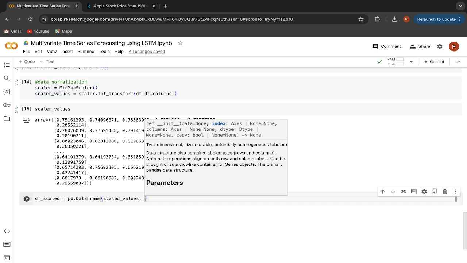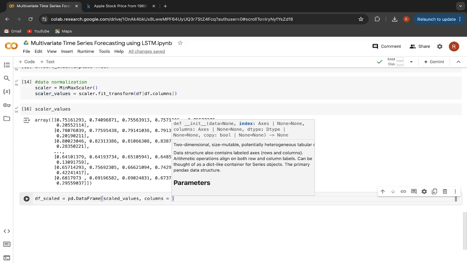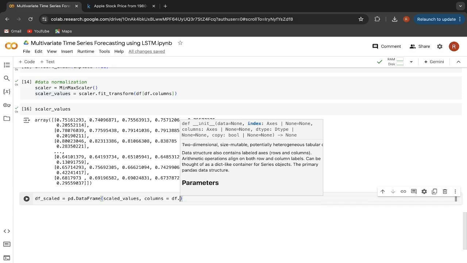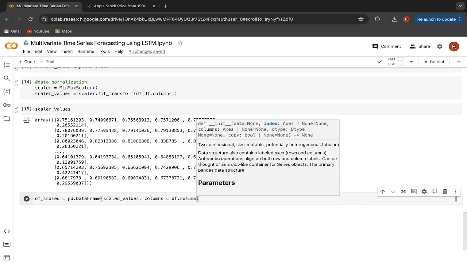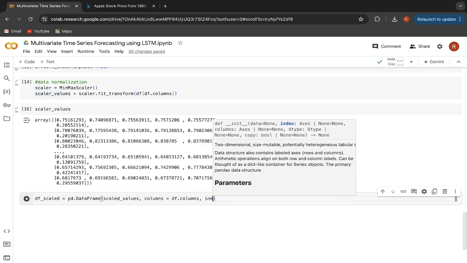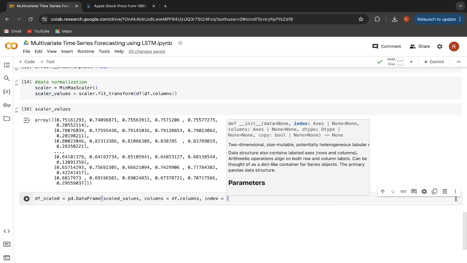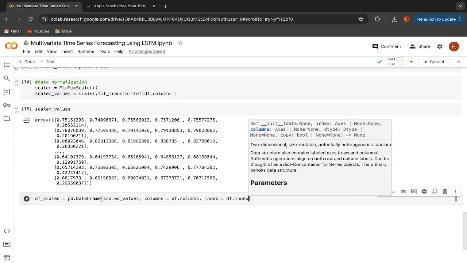So let me say here columns is equal to df.columns, which is our original data frame. So whatever column names the original data frame has, the same column names will be given to this particular data frame as well. And after that, here I will say index. Now we also have to specify what index we want to use here. So again I will say df.index, which means whatever index the original data frame df has, the same index will be given to this particular data frame as well. Fine. Let's run that.